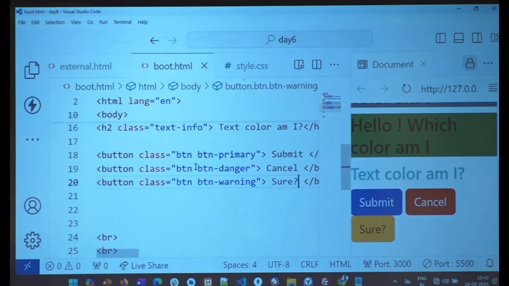btn, remember please, this is a combination of two classes. One is the btn class and with a space, this is another class. None of you asked this question, but if you were to add multiple classes to one element, how would you do that? Space separated values. You just add a space and do that. Guys,